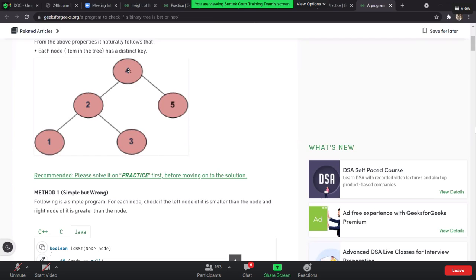It should always lie between this number plus 1 and greater than the root. Yes, it's greater than root, and it's going to be a BST. If it's 1000 as well, it's going to be a BST as long as it doesn't have anything violating. Let's say if it is 1 lakh as well, won't it be a BST? It will of course be a BST because it satisfies all the conditions.